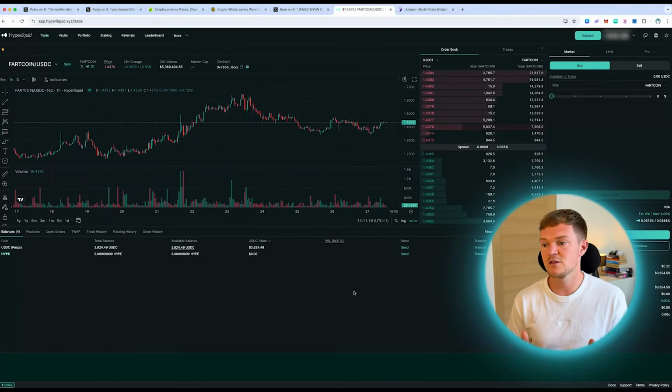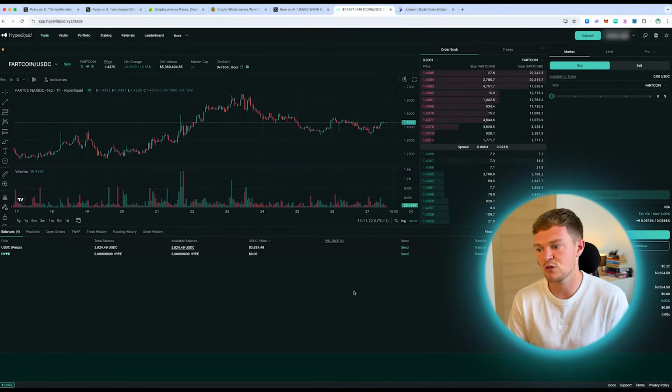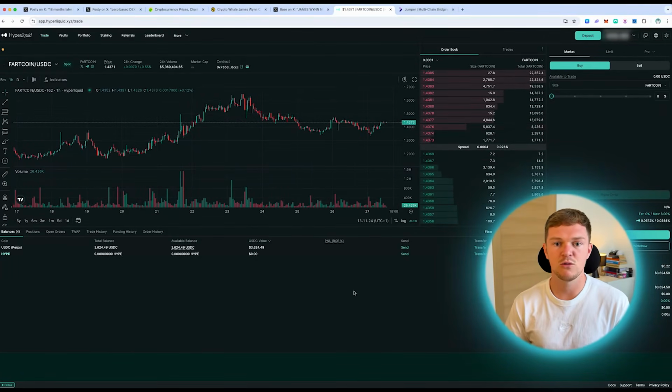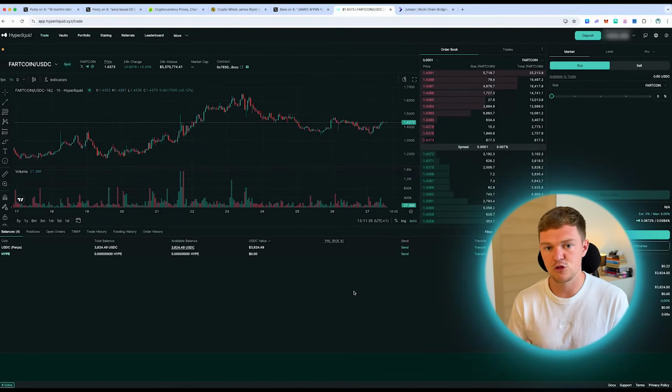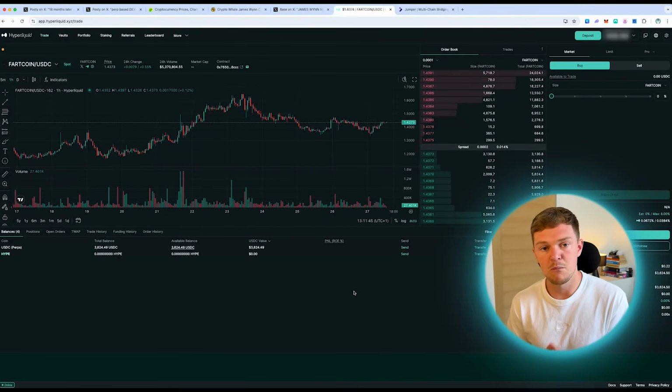It's simply because it's a very familiar UI. If you've used centralized exchanges in the past to trade, it looks very familiar, it's easy to use, and that's a big help. Now, the one downfall that I see right now is that they don't have an official mobile app. If you're anything like me, you may like to manage some positions on the move, and it isn't really possible unless maybe you use third-party applications,